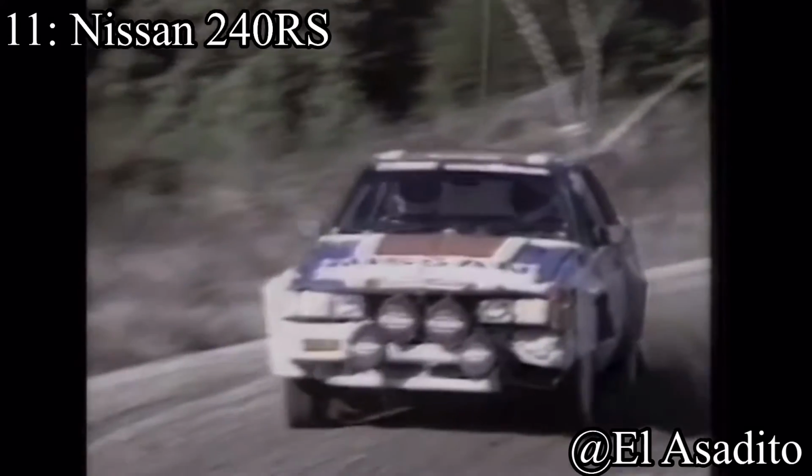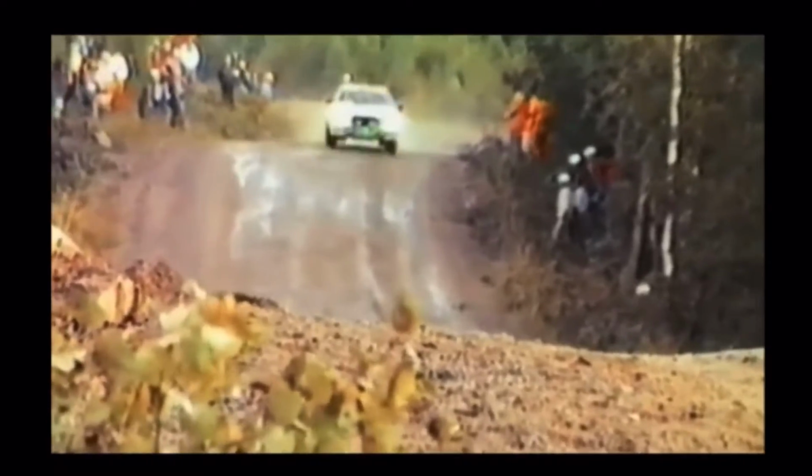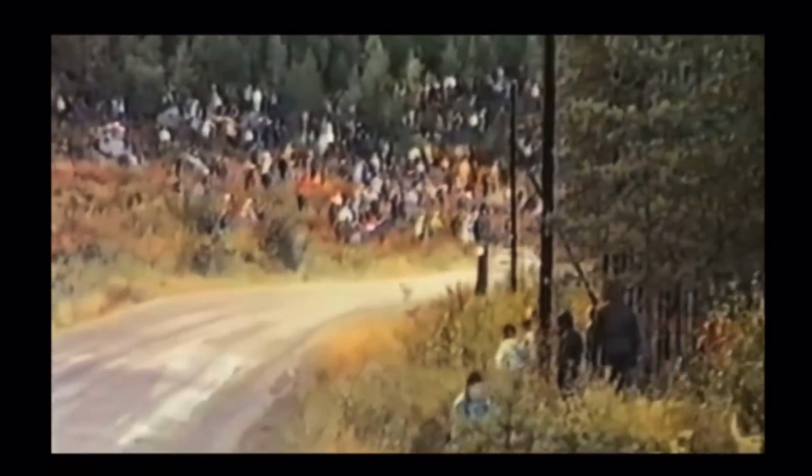place. Coming in at the number 11 spot is one of the only rear-wheel drive cars that was entered into Group B, the Nissan 240 RS. I'm a big Nissan guy. I've always loved Nissan. I have a 350Z, so obviously Nissan is my second favorite brand, but some days it's my first favorite. It just depends on the mood I'm in, because BMW is so cool, but Nissan's so cool. But the Nissan 240 RS is just...